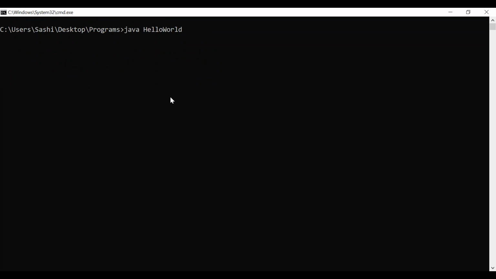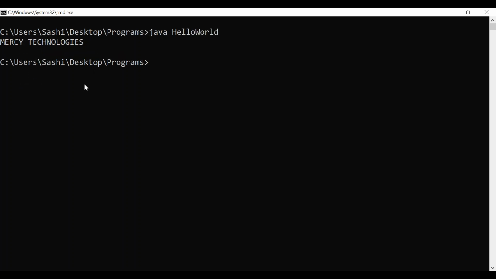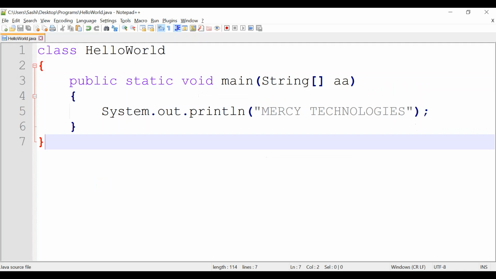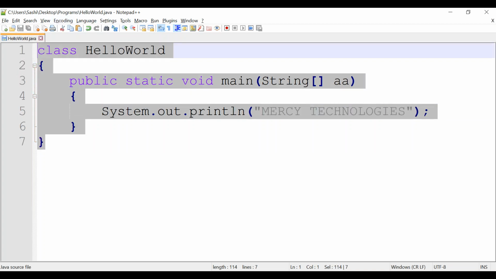You will get the output Mercy Technologies, because we are simply printing one statement. Here we are trying to run a class, correct?